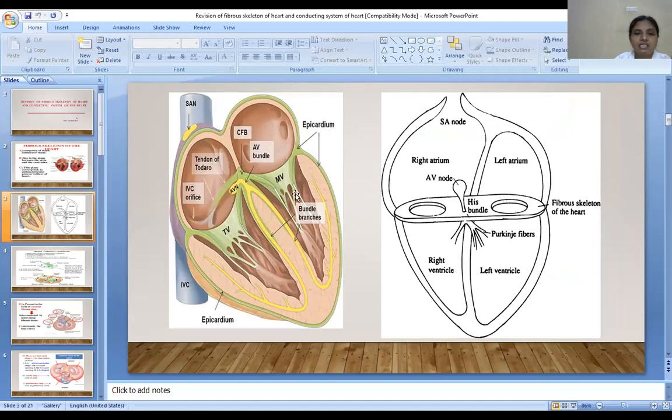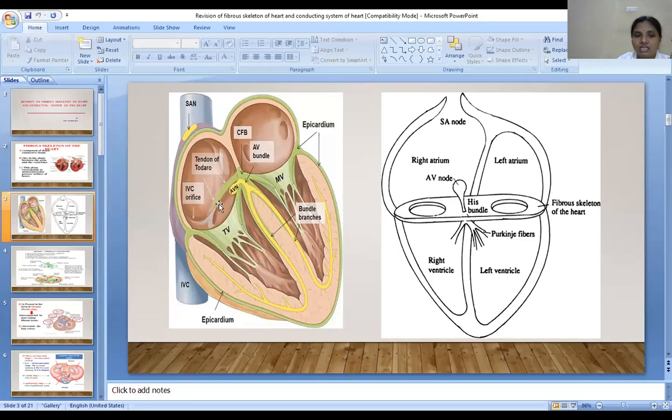Okay. So, here you can see the different parts of this. The fibrous structure or skeleton is present mainly in the form of rings, meaning fibrous collagenous rings. So, each ring is surrounding each orifice. See, it is guarding the mitral valve as well as the tricuspid valve. So, each valve is supported by a circularly arranged, annularly arranged collagenous tissue. So, each atrioventricular orifice is guarded by this collagenous tissue, okay, in the form of fibrous skeleton.